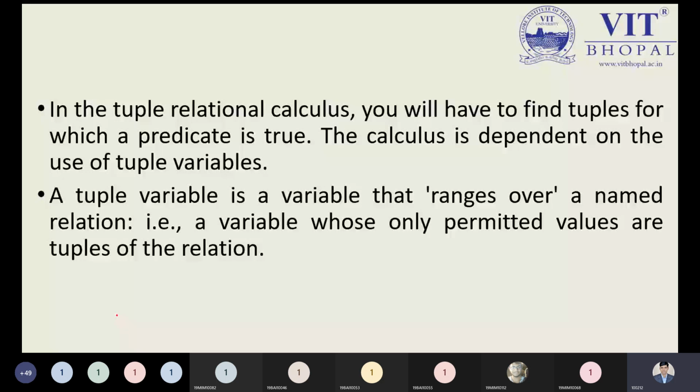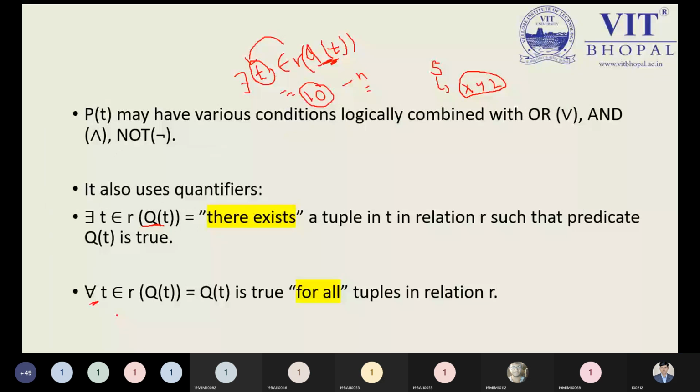So what is the tuple variable we can use here? Can you explain or give me some answer? Yes, please tell me which is the tuple variable. Q? No, Q is a condition. It is written over here. Q is true if the condition is true. Now tell me what is the tuple variable. T. Okay, small t is a tuple variable, so I am writing it here for your betterment. You have to remember each and everything properly. So this is the tuple variable. Good point. And R is a relation,